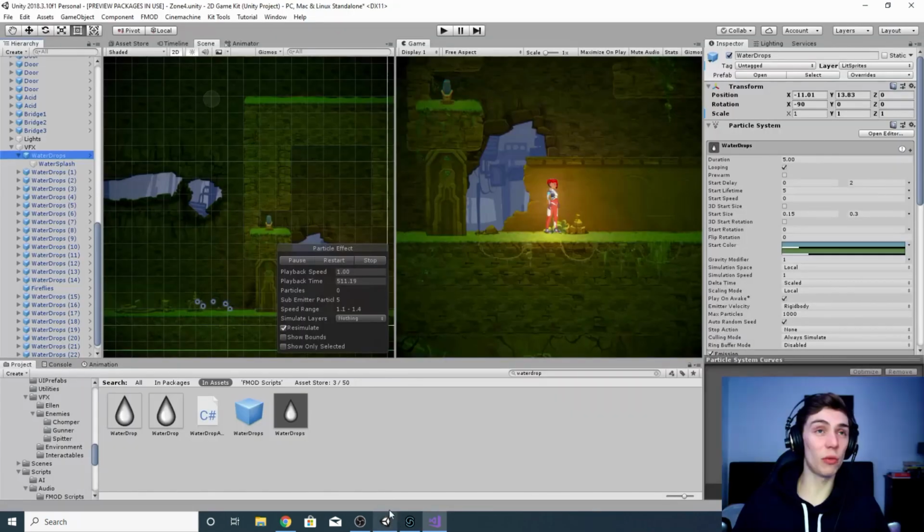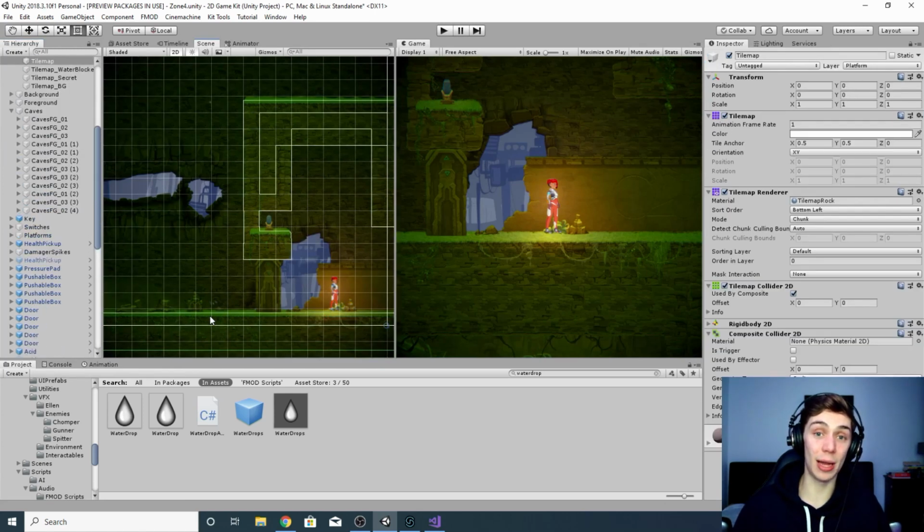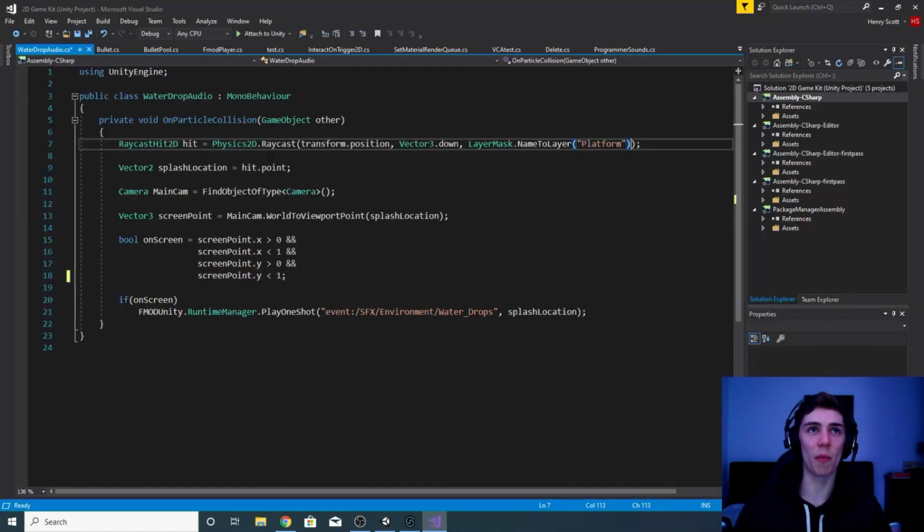Because we don't want this Raycast to stop and give us a point in space when it hits just any object, we need to tell it which objects we want it to stop at. We want it to stop at any objects within the platform layer. So in the layer mask section of my Raycast, I've written LayerMask.NameToLayer, which is a function within the LayerMask struct that holds all the different layers you've created in your project. If we give it the name of a layer we're after, it's going to give the Raycast that layer in the form of a value,